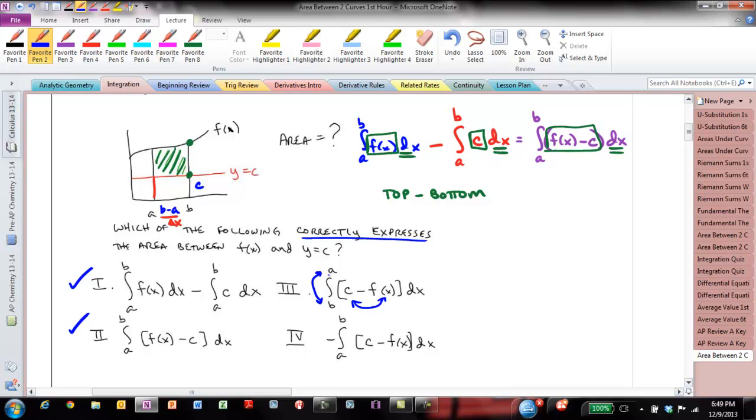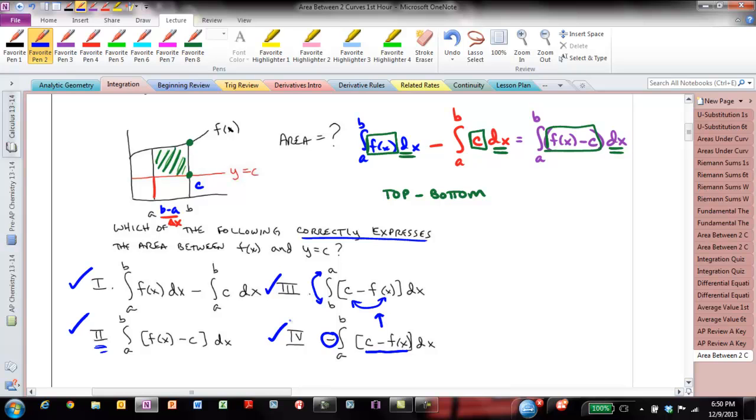Well, if we have two negatives, that stays positive. That also works. If you change one thing, you're going to change the sign of it. If you change two of the signs, it's going to stay the same sign. So let's look down at 4, and we kept the c minus f of x that was up in number 3. We have a to b like was in number 2, so that hasn't changed. But there is a negative out front. So once again, we have two negatives. That makes it positive. So all 4 of these options actually represent that area